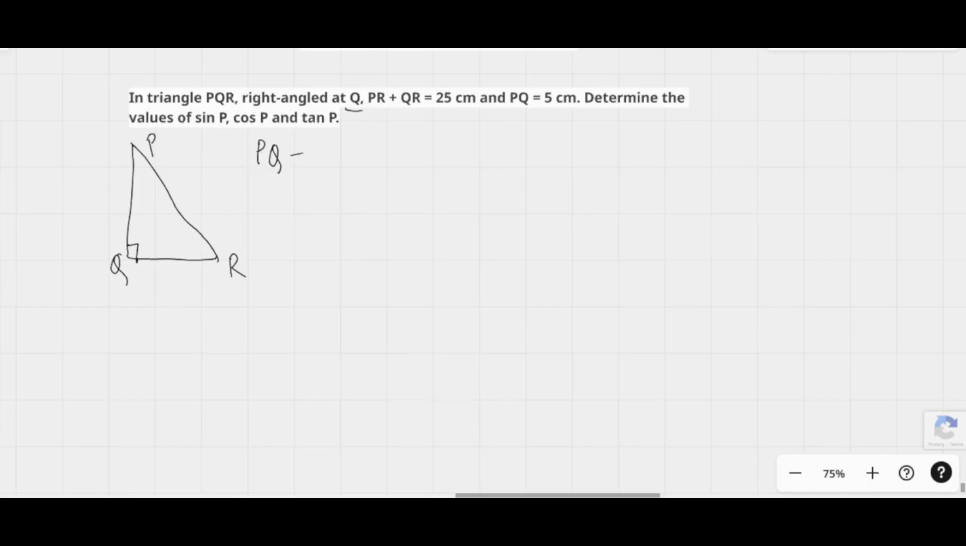Write down the conditions that they have given. PQ plus QR is equal to 25 centimeters, and they also told PQ as 5 centimeters. So let me substitute this PQ in equation 1, that is PQ plus QR. 5 plus QR is equal to 25 centimeters. Then we get QR as 25 minus